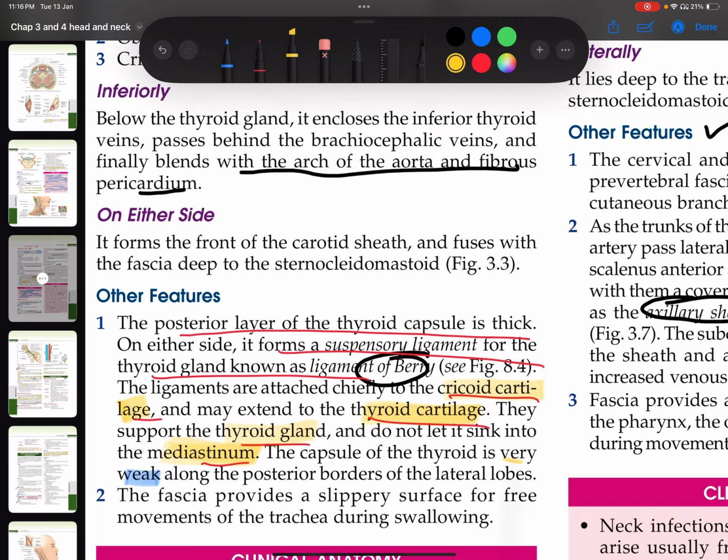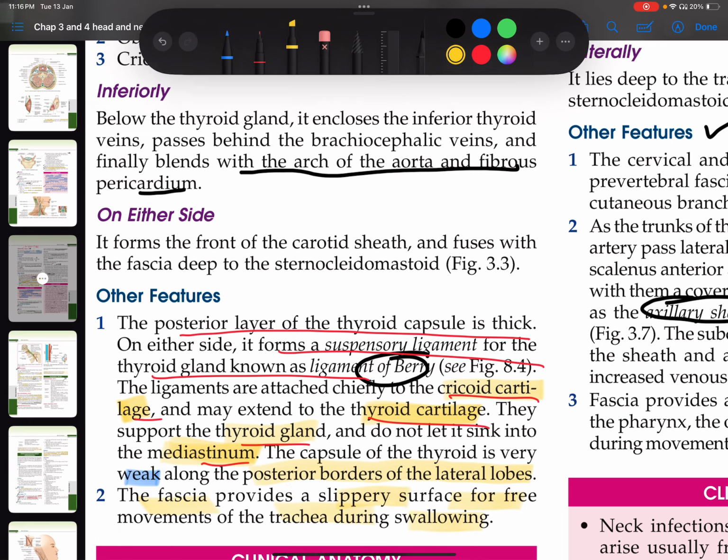The capsule of the thyroid is very weak along the posterior borders of the lateral lobes. So on the lateral lobes, the posterior border, the fascia is very weak. And the fascia provides a slippery surface for free movements of the trachea during swallowing. And